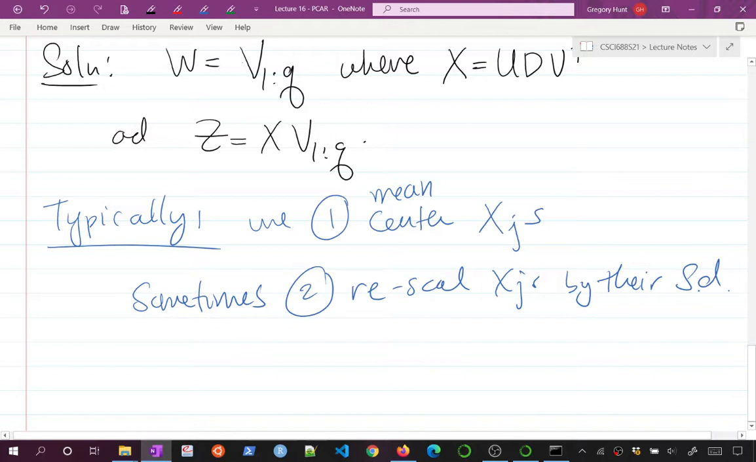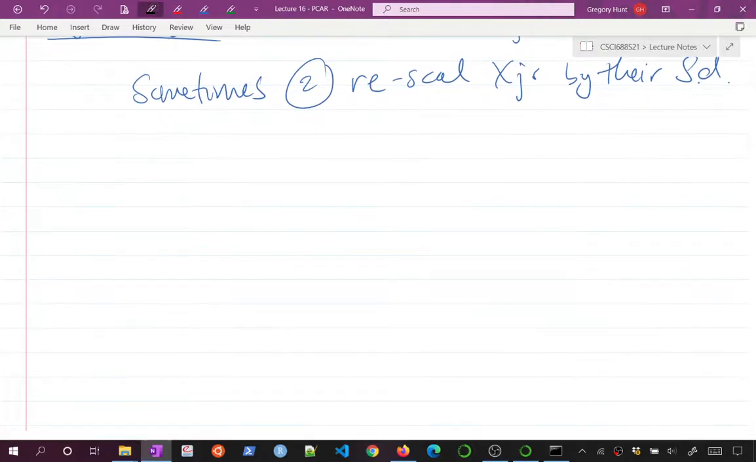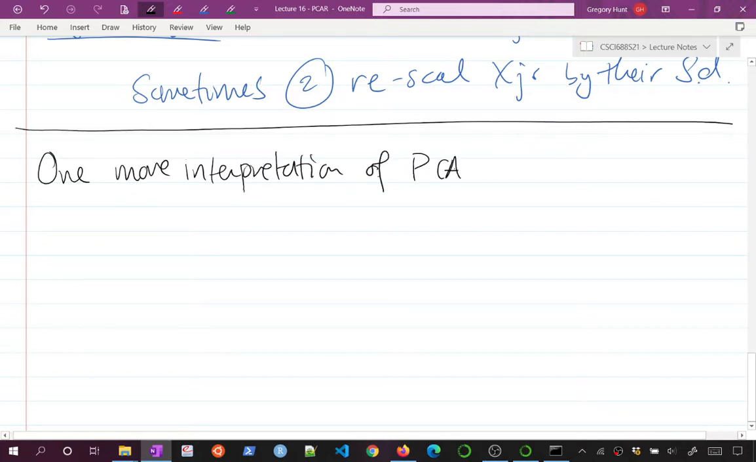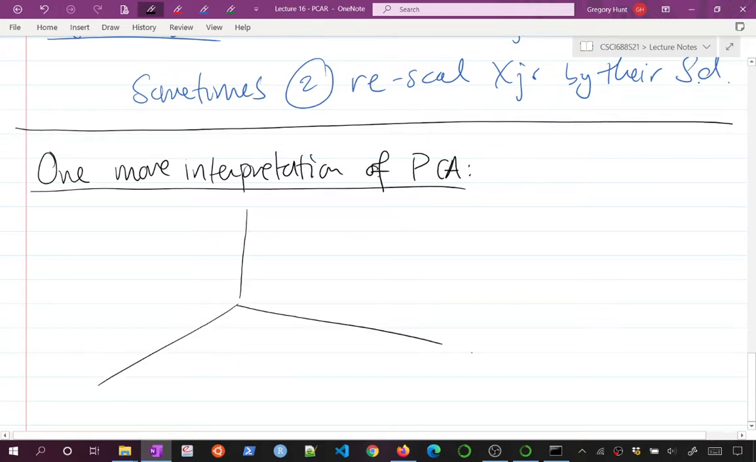So I want to mention one more interpretation of PCA. There are about 1,000 different ways to interpret this procedure. And we had said that PCA is trying to maximize the variance of the principal components. The other way to view it is you can view it as minimizing how much information we lose. So one way of viewing PCA is if these are my 3 coordinate axes